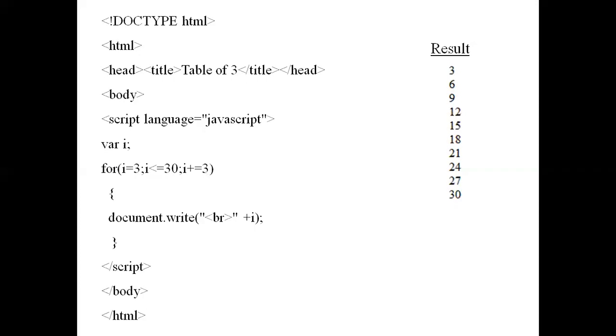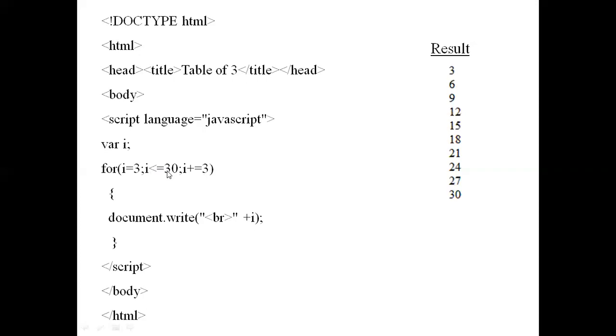6 plus 3, 9. It will check for 9. Okay. 9 is less than 30. Yes. Then 9, 10, 11, 12. Then 12 is less than 30. Like this, it will go on checking and it will display one number, multiple of 3 till it reaches 30. When I is 27. Okay, 27 is displayed. Next is 28, 29, 30.